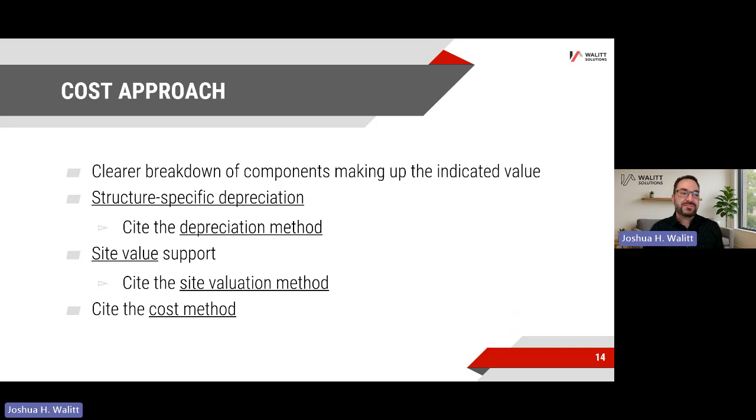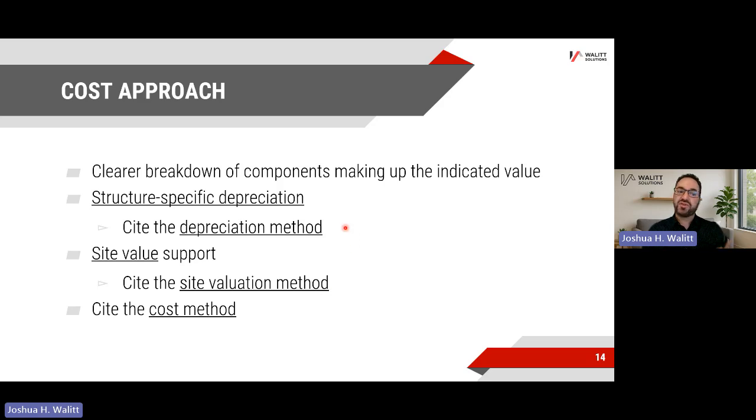All right, here's the cost approach. Let's take a look at it. Much clearer breakdown of the components that contribute into the indicated value in that section. We have structure-specific depreciation, so we can actually show the methods we used correctly and present them correctly instead of somehow throwing them all into one line and somehow calculating it properly.